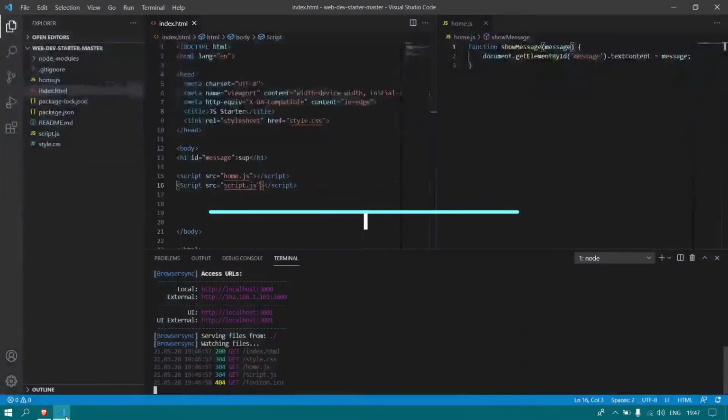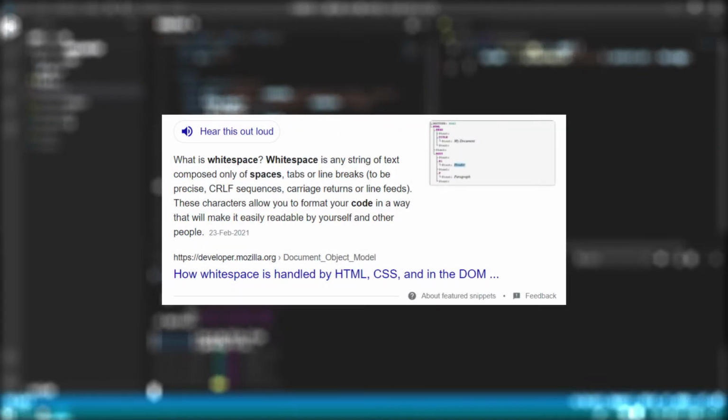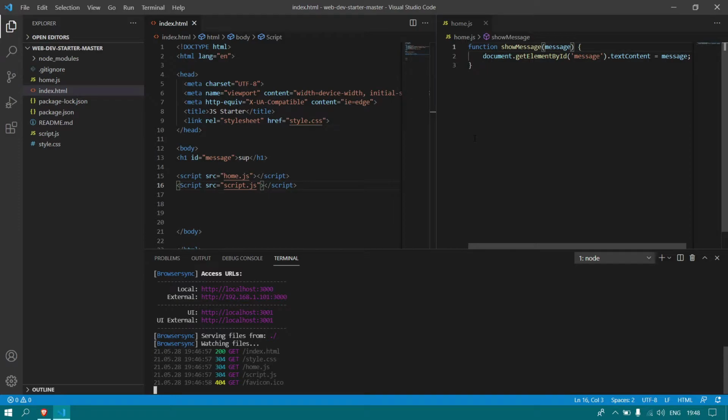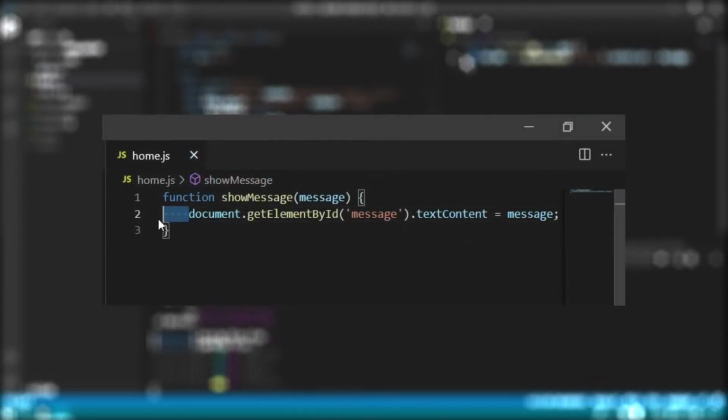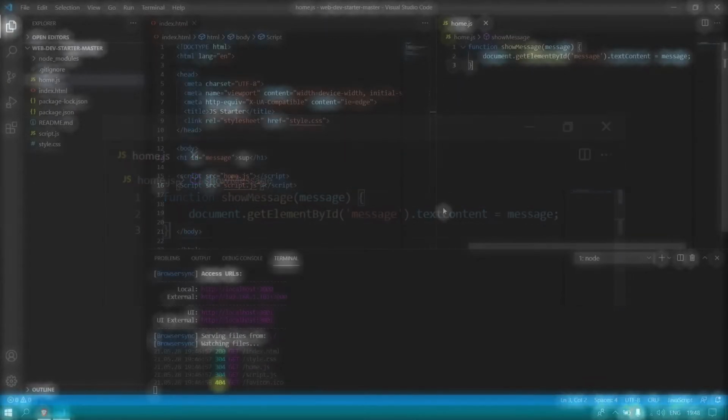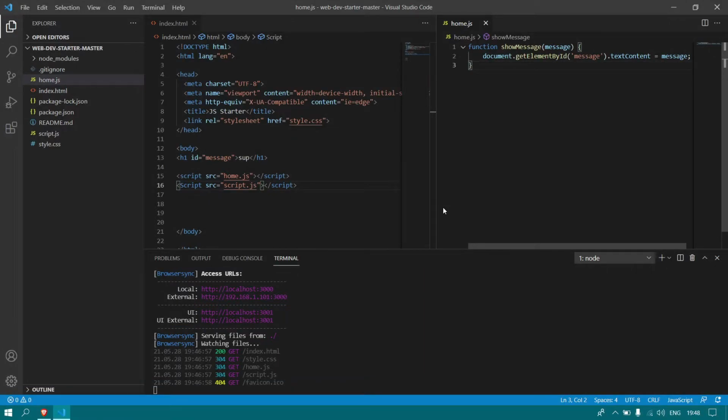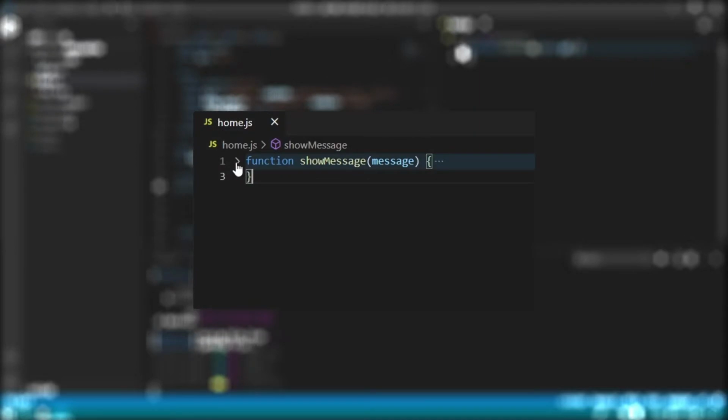Whitespace in Visual Studio Code or any code editor is just blank spaces in between lines of code. This can be seen in continuous lines of code or sometimes even between symbols and different brackets. We have an example of whitespace in our sample web page in the home.js file that we created in our last video. You can see that there is some blank spacing right here. Visual Studio Code automatically does this when you press enter in between braces or parentheses. This makes the code easier to scan through visually and also gives you the ability to hide and unhide it quickly with this drop down arrow right here.